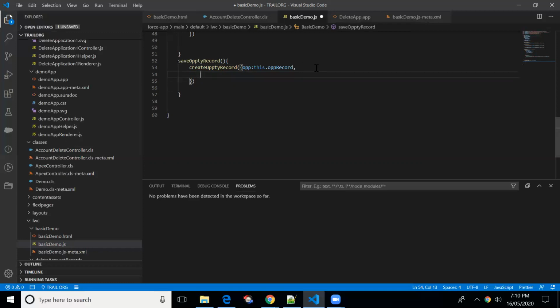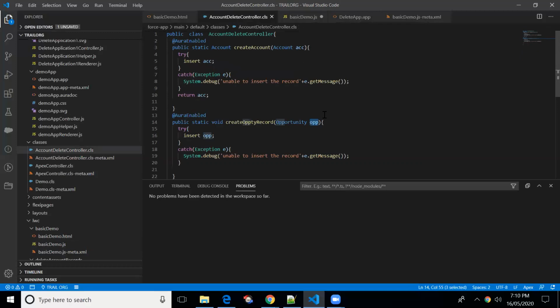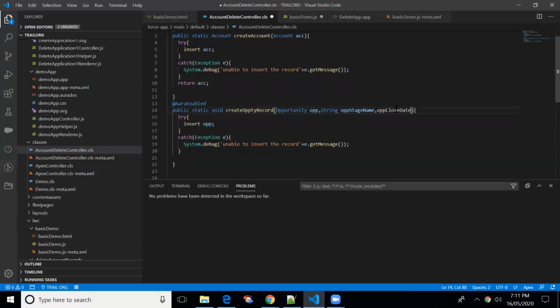So we'll be making changes to the Apex class. We'll try to map the values: String opportunity stage name, and then opportunity close date. We'll pass the values from JavaScript.